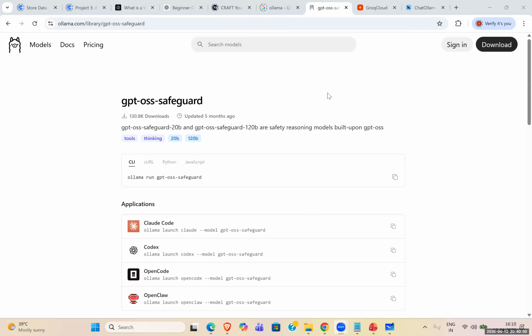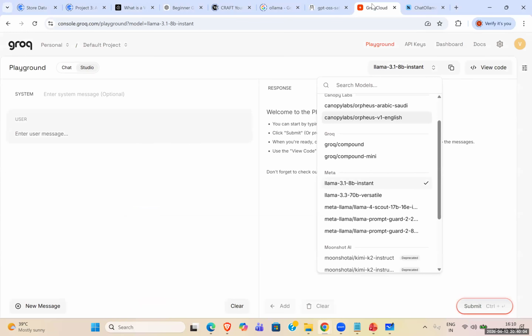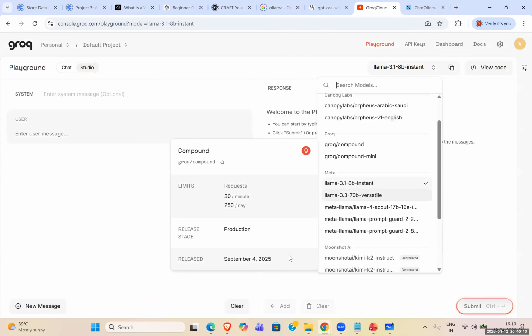Ollama is again some kind of AI framework, a GenAI framework, where you can run LLMs locally on your own computers. And Groq is again the same kind of framework, but the difference is that Groq works purely on the cloud. So you can decide what kind of